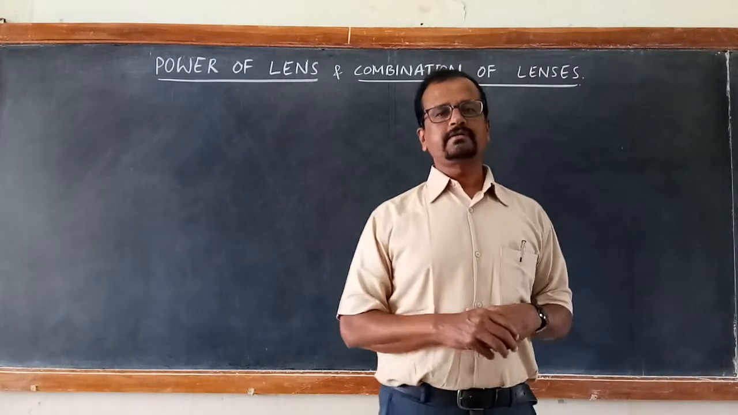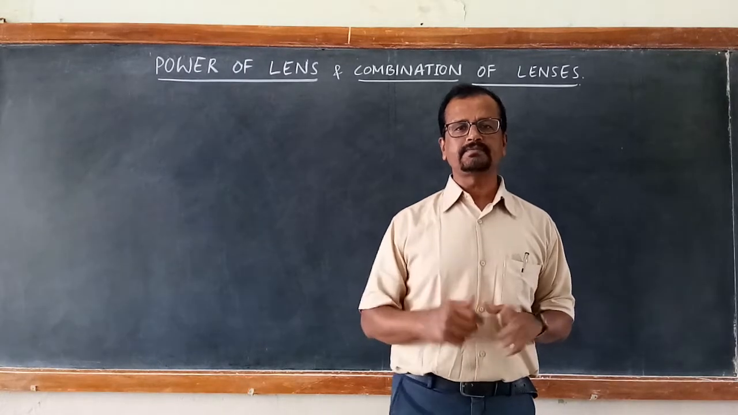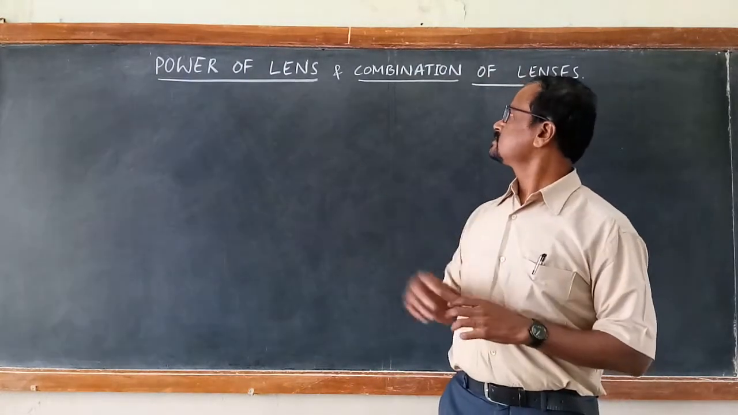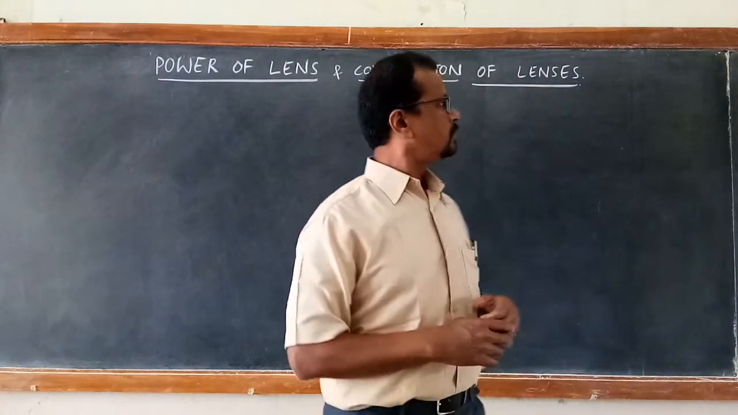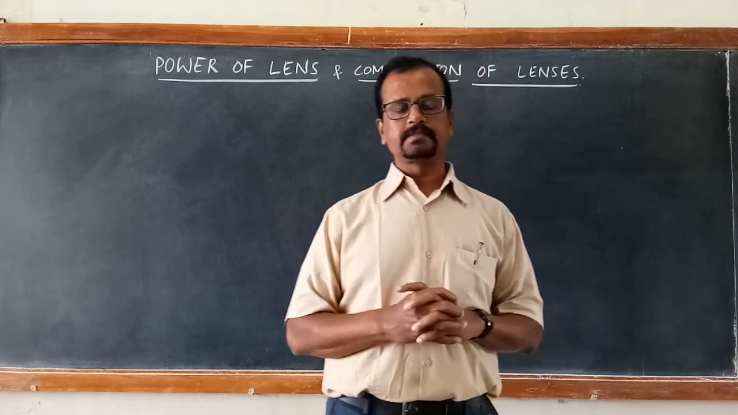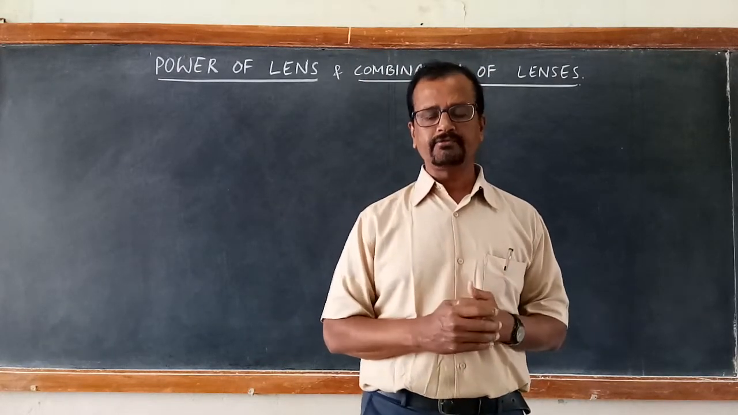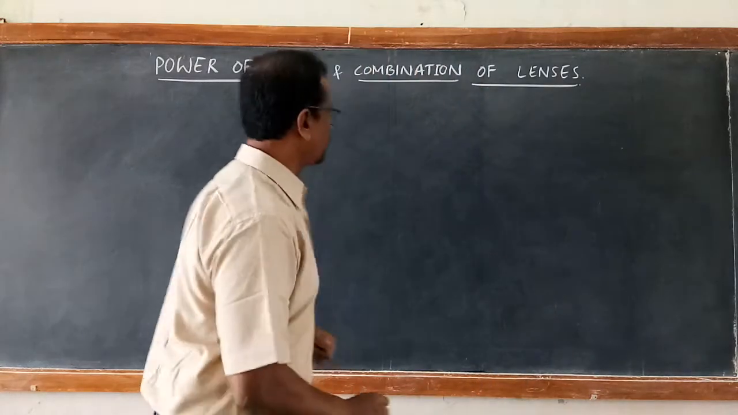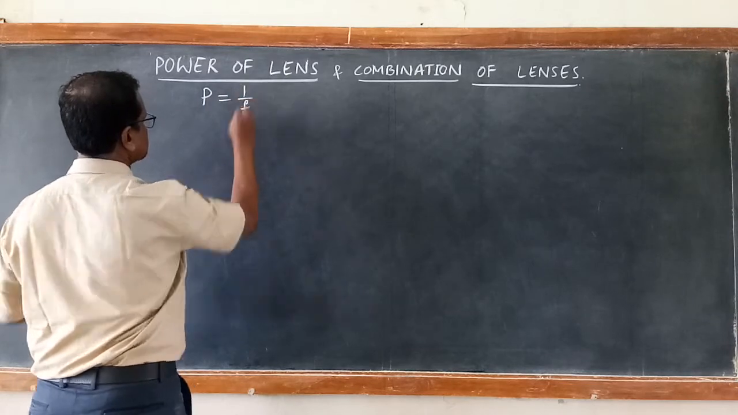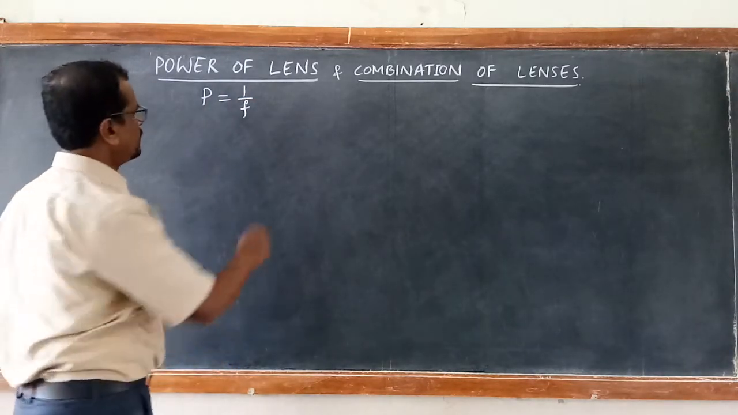Good morning, students. Let us come back and learn the last concept of this particular topic, that is power of lens and combination of lenses. In the last session, we have already learned what is the power of lens. The reciprocal of focal length is called power of lens, and it is denoted by P, and its unit is